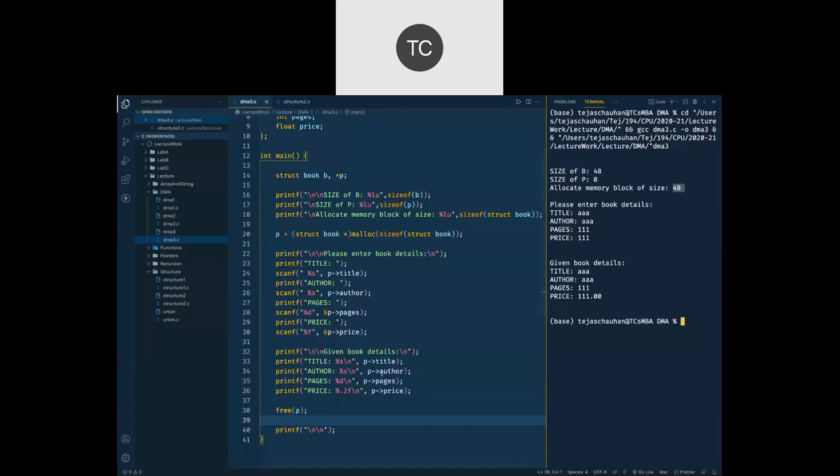And when you free that P, actually आप ये 48 bytes को free करोगे. ये 8 byte कभी free नहीं होने वाले हैं, because that P pointer variable declaration is just a normal variable declaration. तो ये 8 byte तो हमेशा आपके पास रहेंगे, लेकिन ये 48 bytes आप रन टाइम allocate करोगे and deallocate करोगे. Okay?